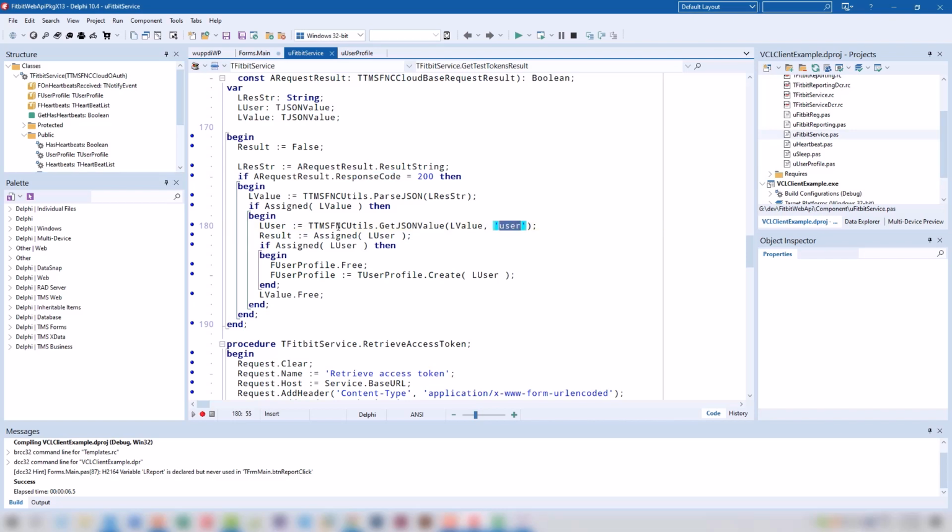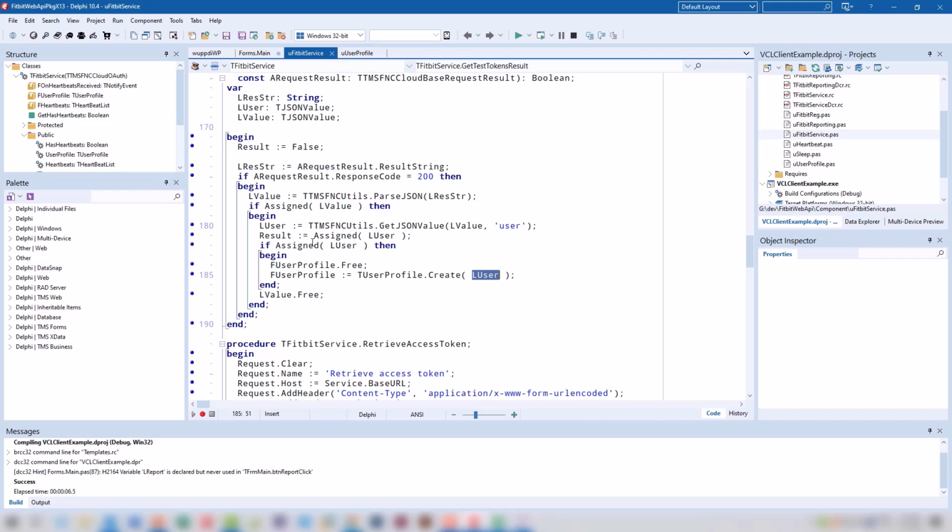If the user tag is there, I'm quite sure my token is valid, and I can go on. And of course, because I want to read the user profile information, I also create a new TUserProfile object and pass the JSON value into the create constructor. I overwrote this, and it will automatically read all the values into the object from the JSON.